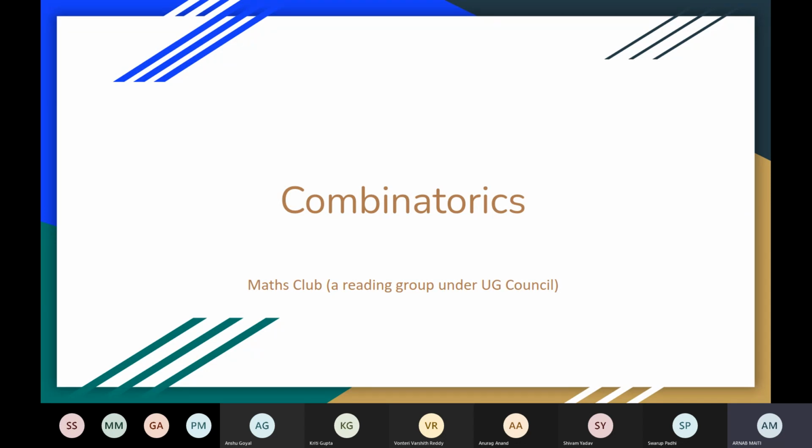Be it, say, if you want to go for research, even there these things are quite helpful. And even if you go for some jobs in a quant profile or some other things, there also these things come in handy. So let's see, if time permits I'll try to cover more questions. Otherwise, I have some 4 or 5 questions in mind. We'll keep this interactive, so it won't be just me speaking and you listening.